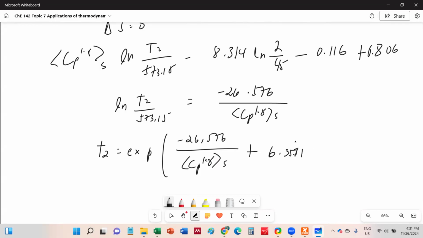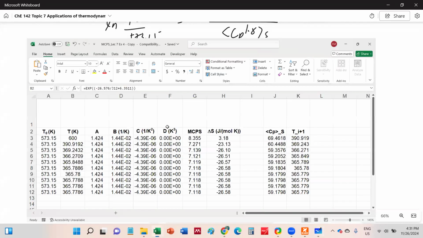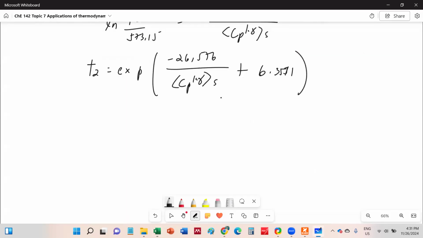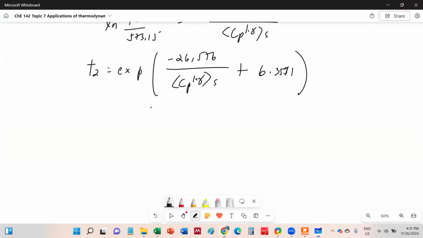Okay? So this is the ln of 573.15. So that gives 6.35511. Okay. Now, this is the working equation for the iteration. What do you need to do? You insert the formula for CPS, this one, using the coefficients. You insert that into this equation. So if you're going to use your calculator, again, iterating would mean that you initialize the value and you replace T2 with ANS. Okay, so please do that.